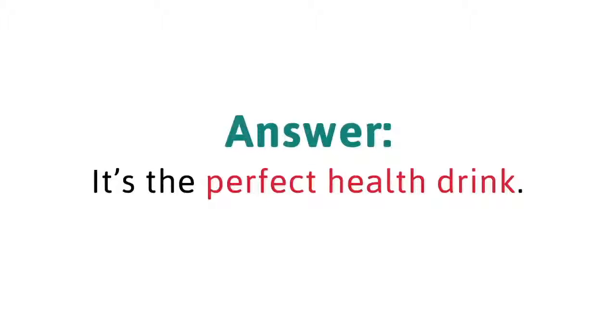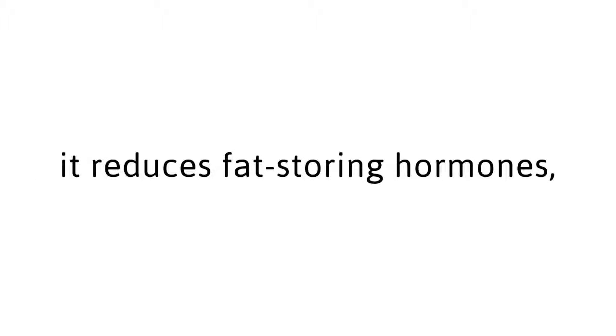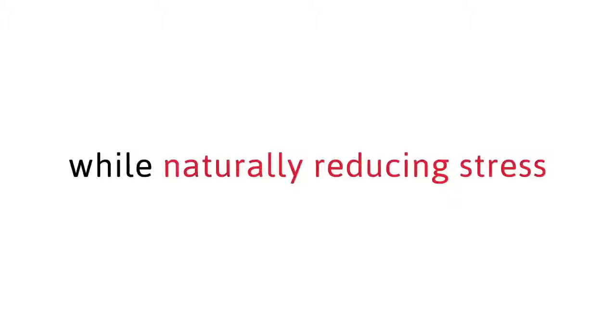That's why the native villagers called it the no-hunger drink. Why is this Red Detox drink so special? It's the perfect health drink. It's refreshing and tasty, hot or iced. It helps clear toxins, it reduces fat-storing hormones, and it promotes the production of fat-burning hormones while naturally reducing stress